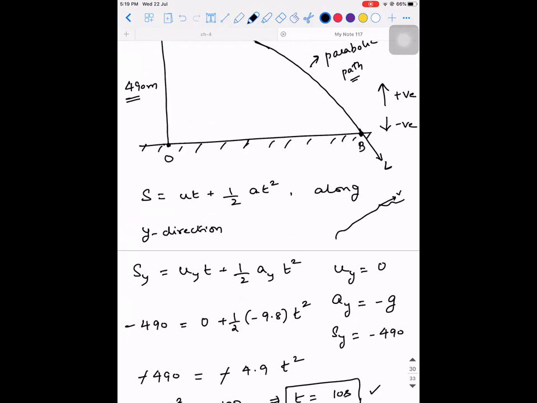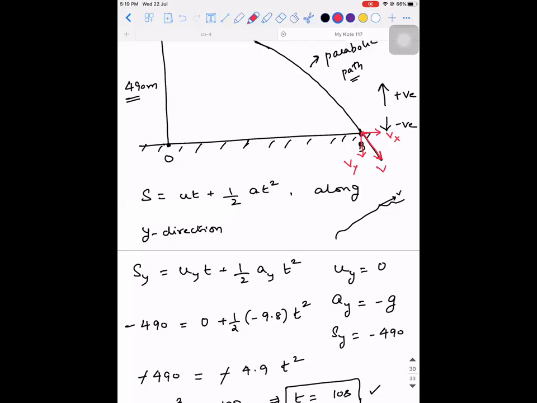Let us say its final velocity is v. See, I'm using another color. Observe carefully. It is going to be v. Then this v can be resolved into two components. What are they? Vx and Vy. Is that clear? Can you explain again, sir? I'm saying when it is hitting the ground, its velocity will be in this direction. You can ask me, what do you mean by velocity in that direction? It means if this ground was not there, the particle would have tried to move in this direction. That is what I'm trying to say.